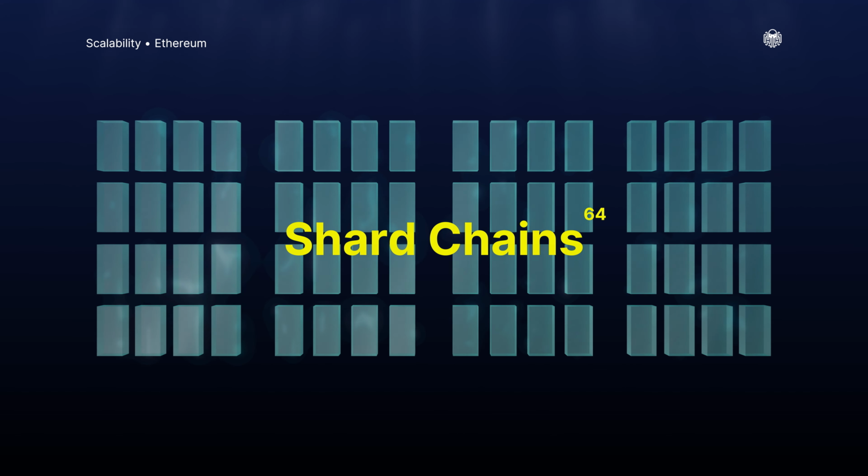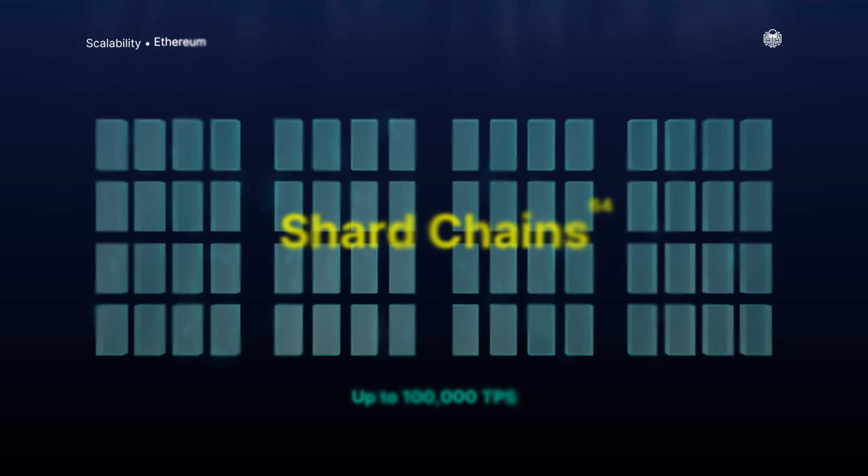Thus, the load on each individual chain will be significantly reduced. This should facilitate faster transaction processing, comparable to that of centralized networks and payment systems such as Visa, MasterCard, etc. The Ethereum consensus layer promises to complete up to 100,000 transactions per second, which is faster than their current rate.